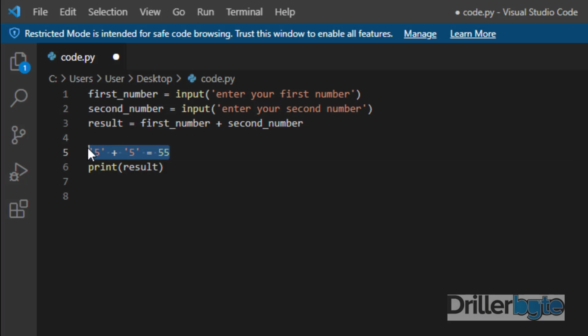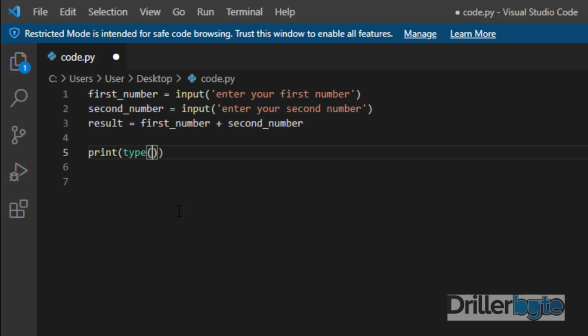To check the type, we can just do this, right, and say, instead of printing result, let's just print the type. Oh sorry, I didn't spell that correctly, type. So we print the type of, right, what is the type of